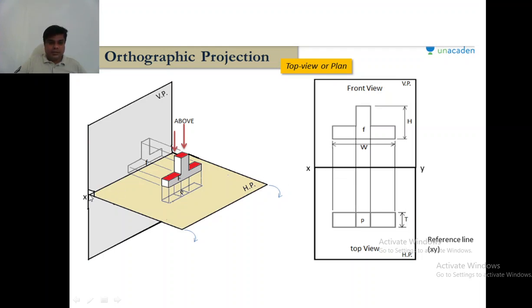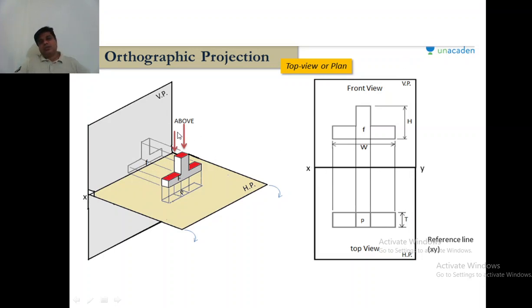And you can see here, this line is the intersection of the vertical plane and the horizontal plane. That line is drawn here, and it is called X and Y. So we draw this line, and it is called the XY line. XY is a line that you draw in the drawing sheet, a straight parallel horizontal line. The XY line is the intersection of the vertical plane and the horizontal plane. So this line you are drawing here in the drawing sheet.